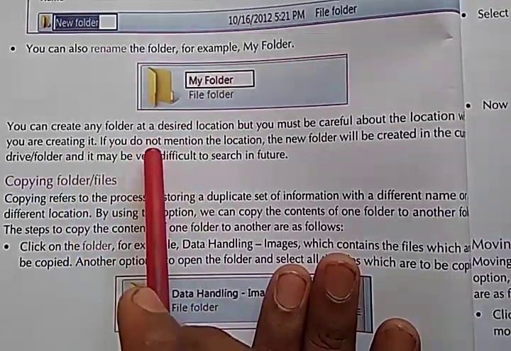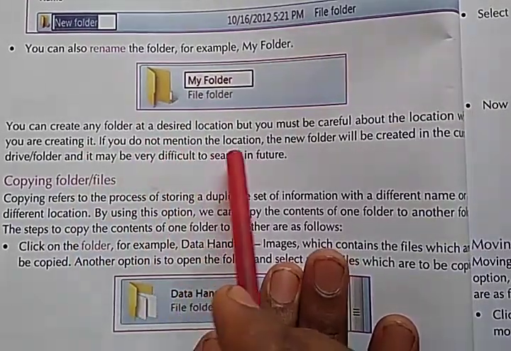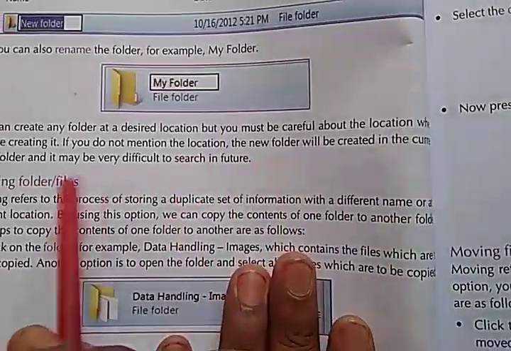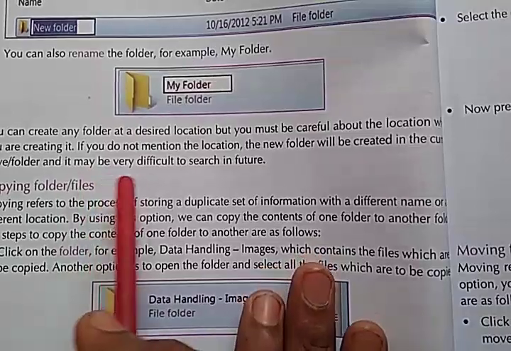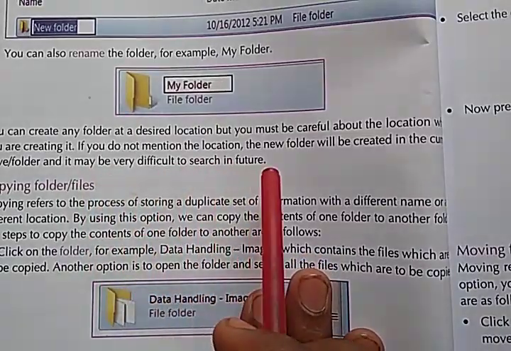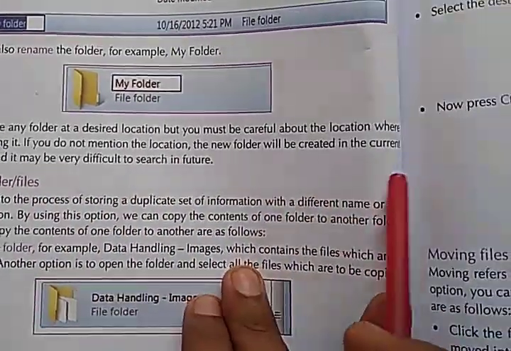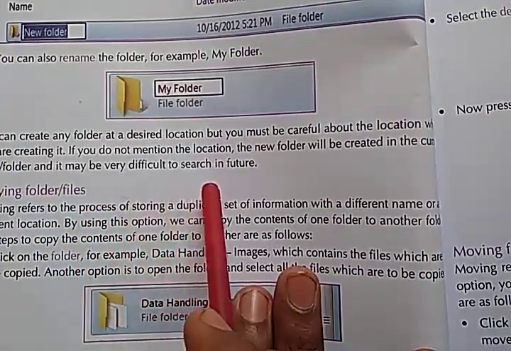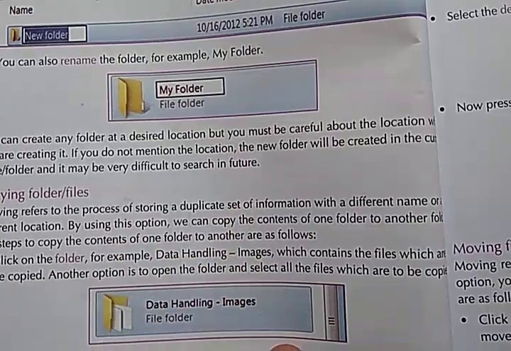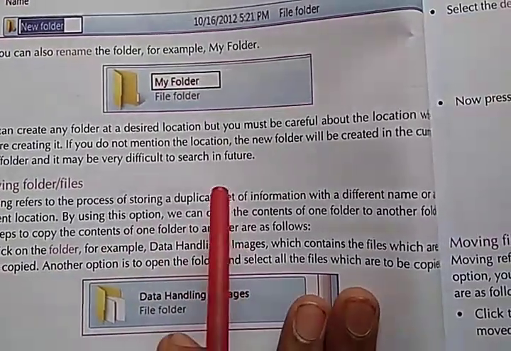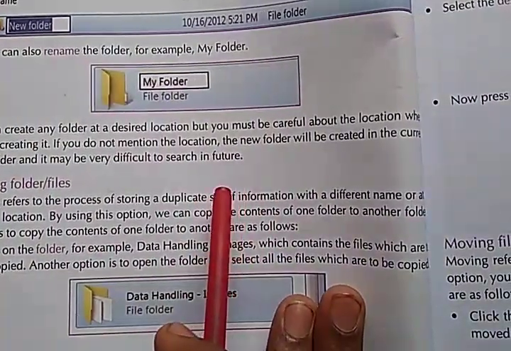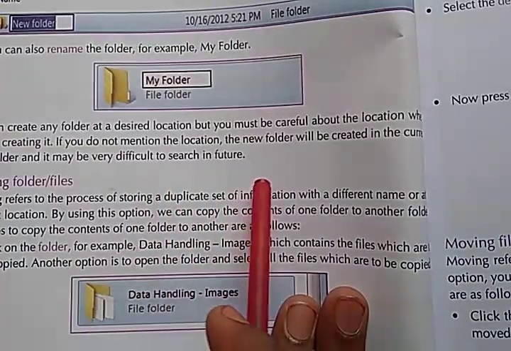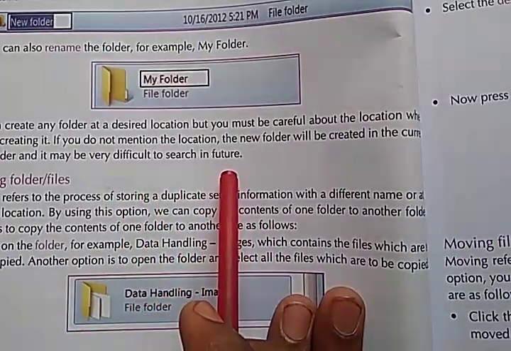You can create any folder at a desired location, but you must be careful about the location where you are creating it. If you do not mention the location, the new folder will be created in the current drive folder, and it may be very difficult to search for in future.